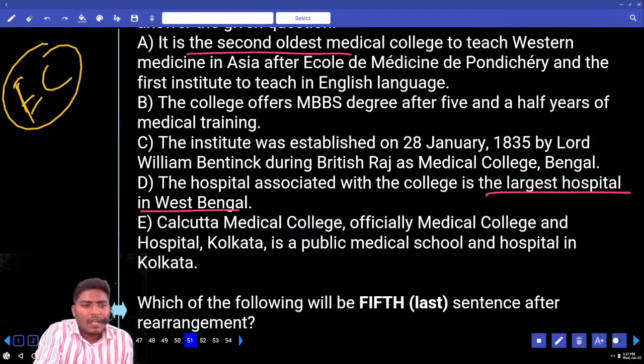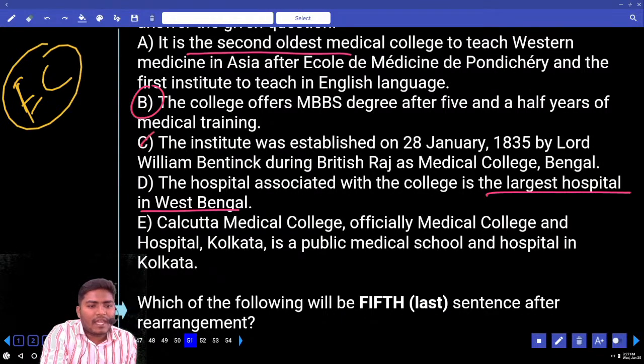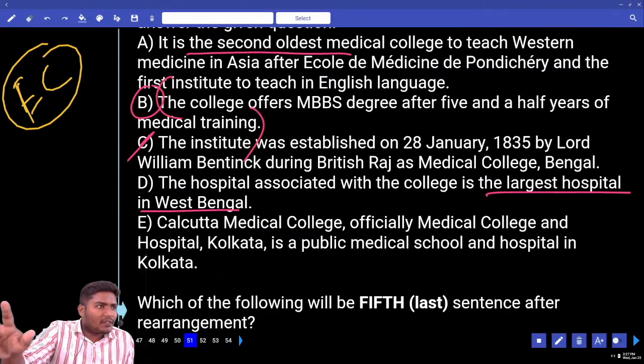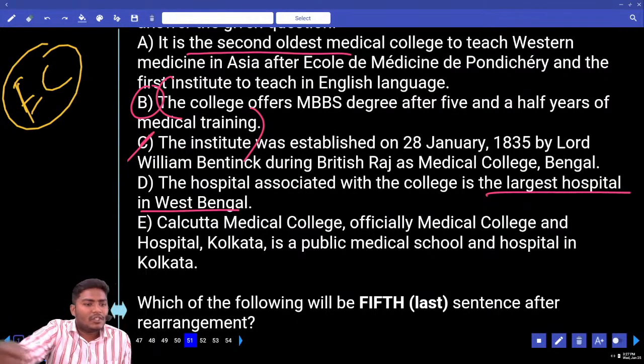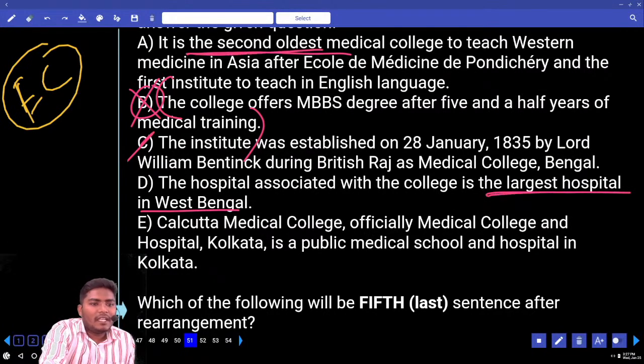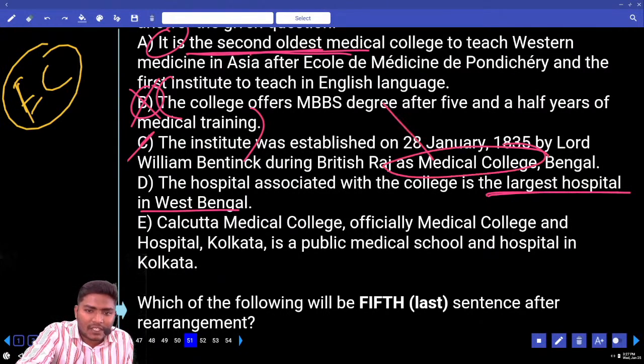Greatness of that college. Now coming to B, this is somewhat the odd one out. Now which option can we add along with C? Can you tell me? This is the function. Functions are introduced first or features are introduced first? Remember, features first, later functions. So B is not the continuation here. Now out of these two features, which feature can we add? It is the second oldest medical college. Which is the second oldest medical college? The same one is the second oldest medical college.